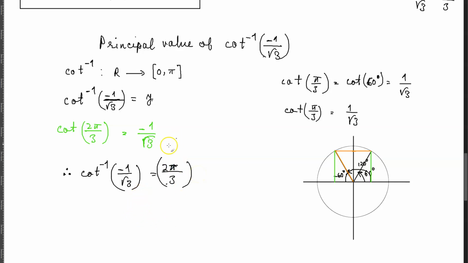And that is basically the angle that we have, but the only thing is that we need to make sure that the domain and range of the cot inverse function are being used properly. So over here the domain of the cot inverse function is the set of real numbers, and this number is a real number, there is no problem with that. And the range is supposed to be 0 to pi, and this angle is some angle between 0 to pi. You have no problem with that, and so you can say that